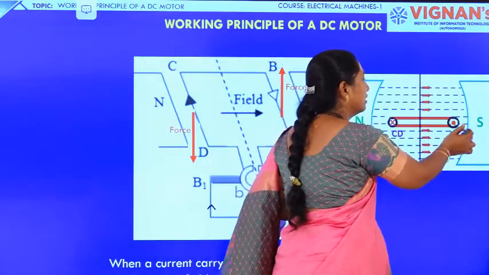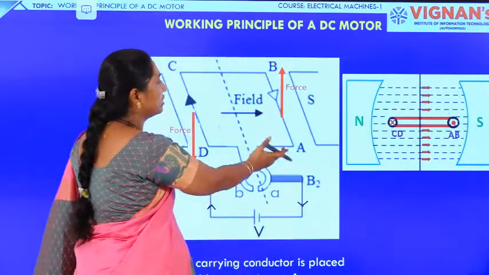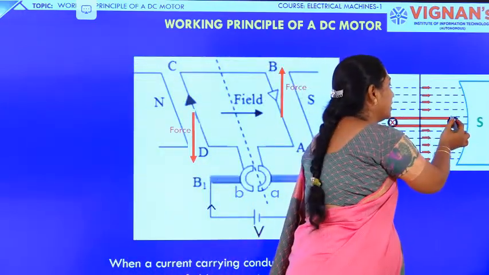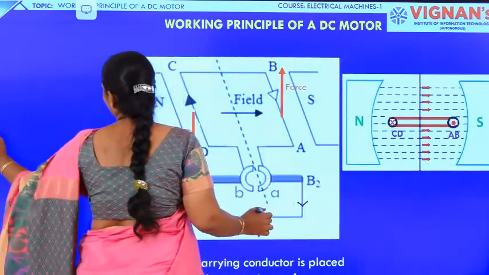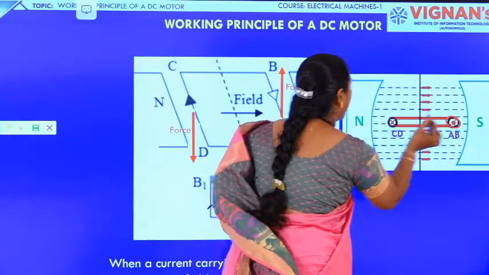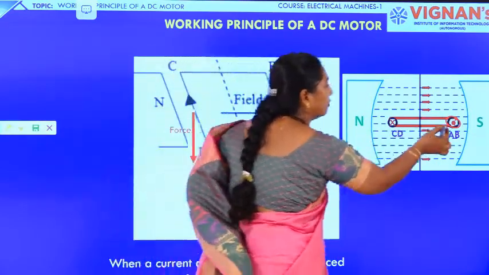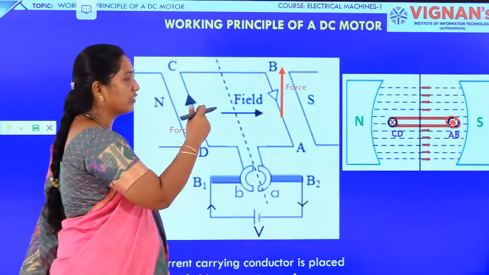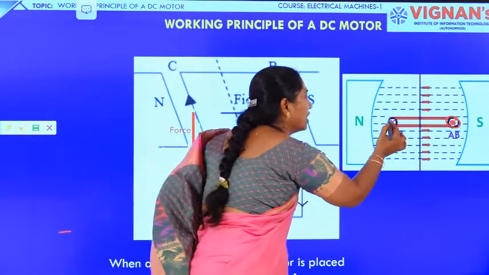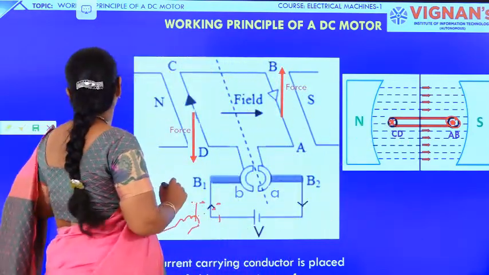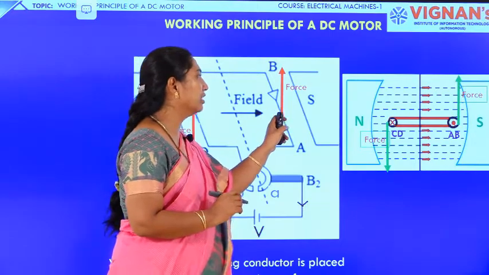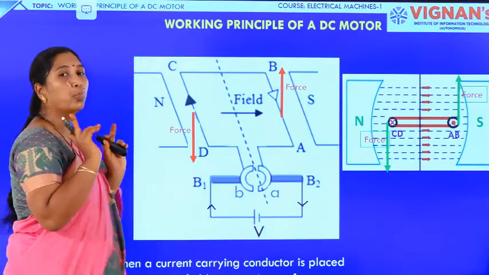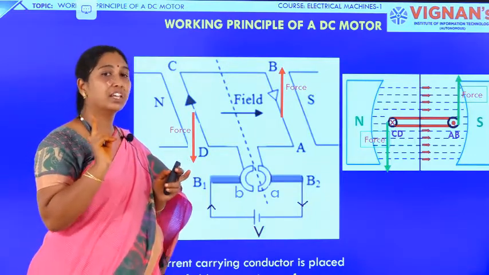It is the front view. I can say the total picture, if you are taking it in the front view, it will be represented like this, where the direction of the current through the coil side AB is outside the plane of the board, so we are representing it with a dot, and through the coil side CD the direction of the current is into the plane of the board, so we are representing that with a cross. Now the force experienced, as given earlier, is upwards on AB and downwards on CD. This is for one turn and we are considering one coil.